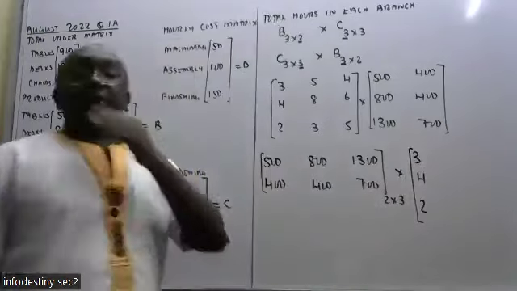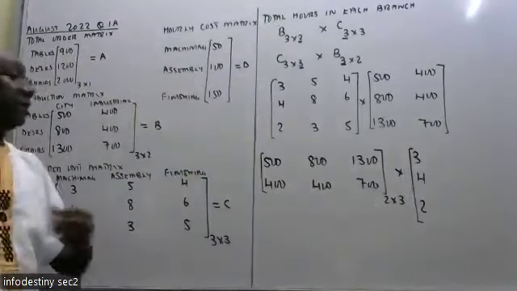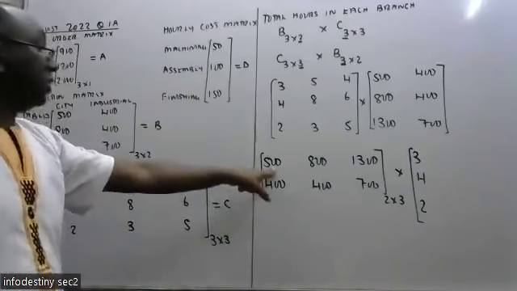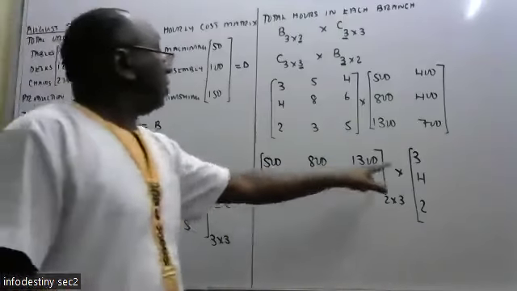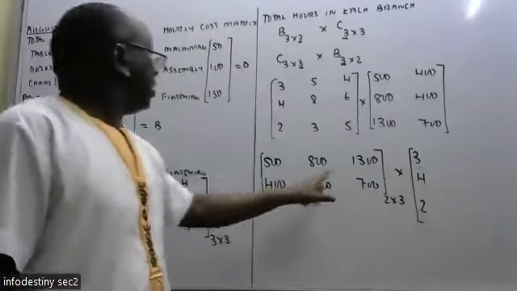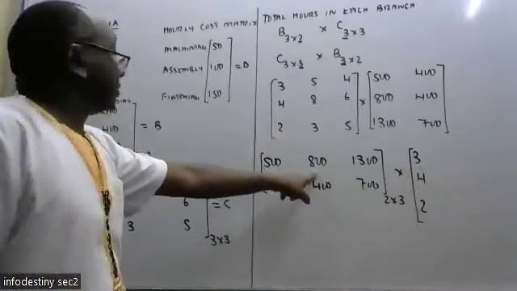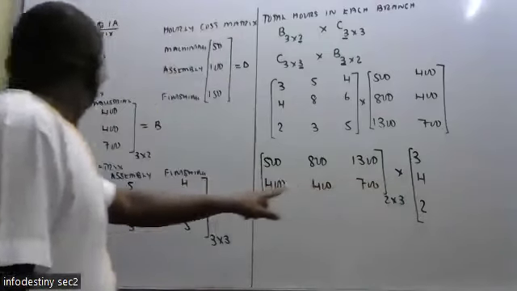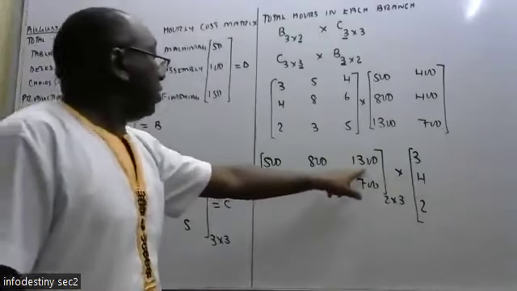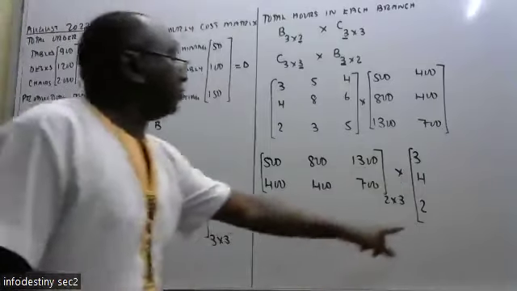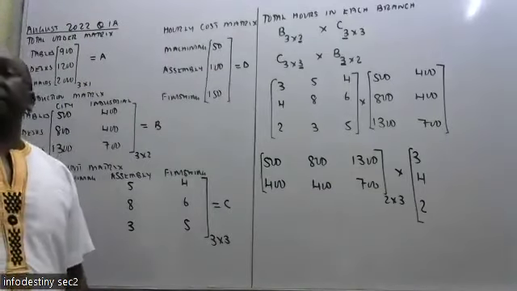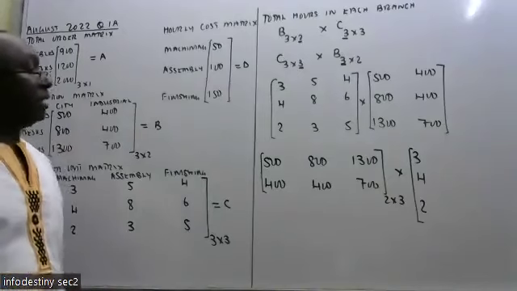Even before I go beyond that, let me check whether it will make sense. Now this one, they are tables, and this is for tables. These ones, they are what? Desks. And this is for desks. This one is for what? Chairs. And this is for chairs. So is it making sense? Yes. So if it is making sense,